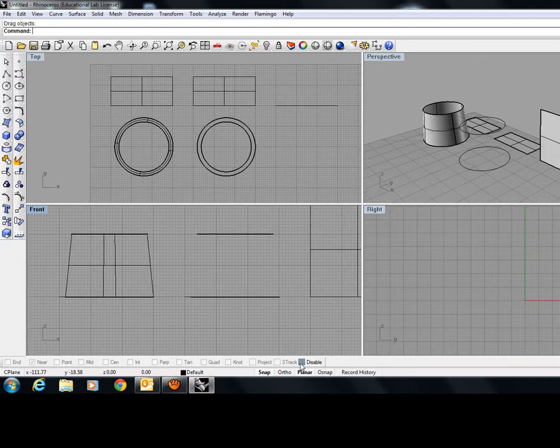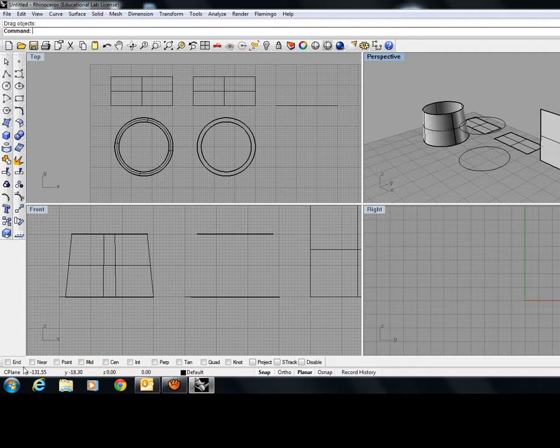If you click on OSNAP, there are some elements. You have to take off the disable button. OSNAP, take off the disable button, and we have some elements: end, near, point, mid, center. Now these will help the cursor establish a point in the plane on an object. So let's say I want to go to a point around the circle on the bottom, so I enable OSNAP,